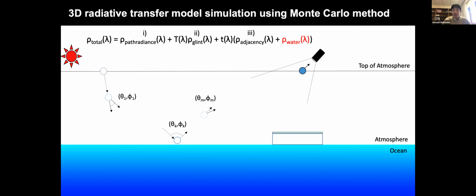This schematic diagram represents the Monte Carlo simulations. So here is a virtual sun, and I launch a number of photons from this virtual sun. Some of the photons can penetrate into the water column and be reflected back to the atmosphere toward the satellite sensors.